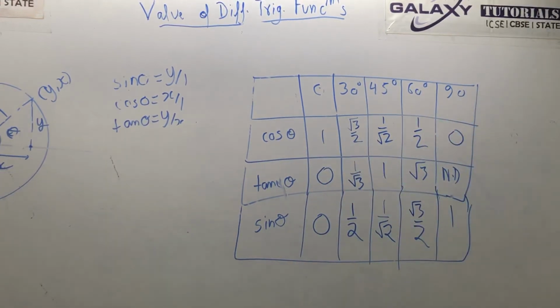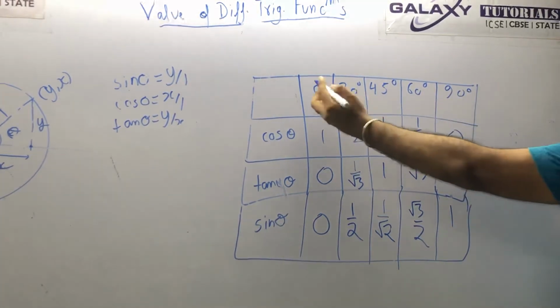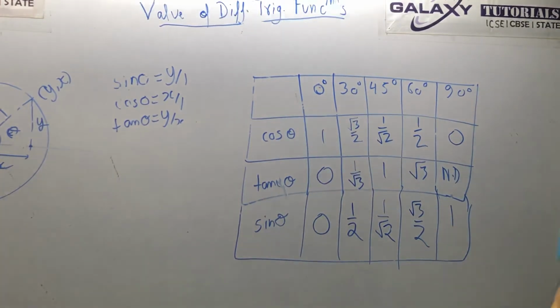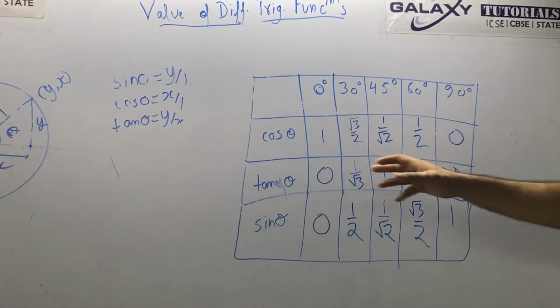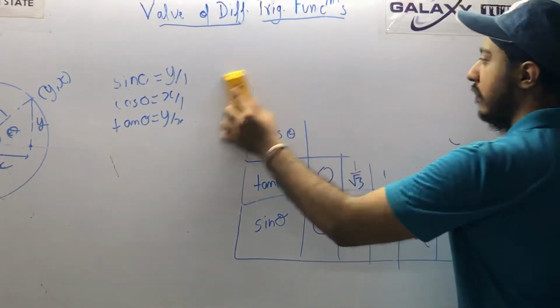So this table I have just made for you again, in case those of you have forgotten, because we are going to use these values. These simple values you must remember always. These values should be in your mind at all times. So this table is important. Just write it somewhere, just memorize it. And secant, cosecant and cotangent are just the inverse of these values. So let's go forward.